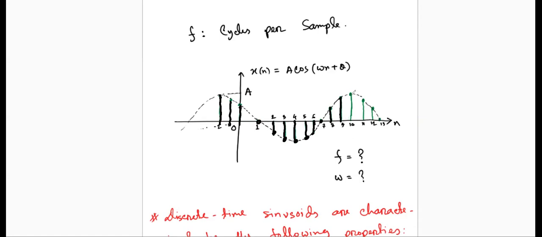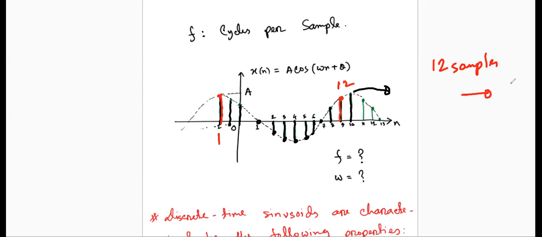Should I take number 13? No, because it belongs to the next cycle. So we'll start with this and end with this, because number 13 belongs to the next cycle. So for a whole cycle, how many samples do we need? This is number 1 and this is number 12. Total 12 samples